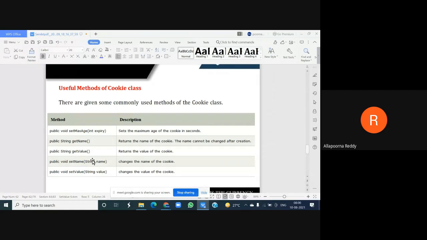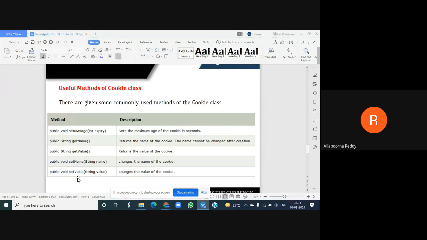As I just told, once the name is allotted to a cookie, but the session is not yet started, and you want to change the name of the cookie, is it possible? Yes, I can change. Not only the name, I can change my value also. That can be done with a function called public void setName. Immediately, what happens here? It changes the name of your cookie. The parameters which we separately passed previously for the cookie, string name and string value, here I am doing separately to change my cookie name and cookie value. So setName and setValue, I made it here with these two methods.